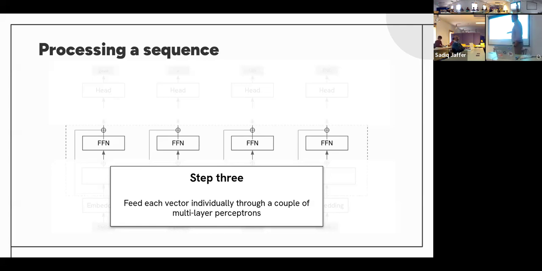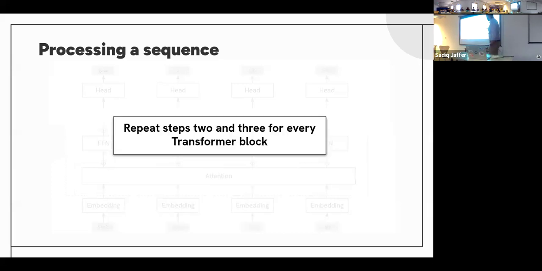Yes, so it does, and as we go into attention, you can see more of what's happening there. But yes, that's why, for example, every time somebody releases a model, they state what context it was trained on, right? We started originally with 2,000, 4,000. In fact, BERT, I think, was trained with 512. And it's gone up over time. We'll see why that's more of a problem as we go into attention, and if we get some time, we'll discuss the state of the art of how we're trying to get around that. Right? So yes, we go to the feed forward, and then we basically repeat steps 2 and 3 for